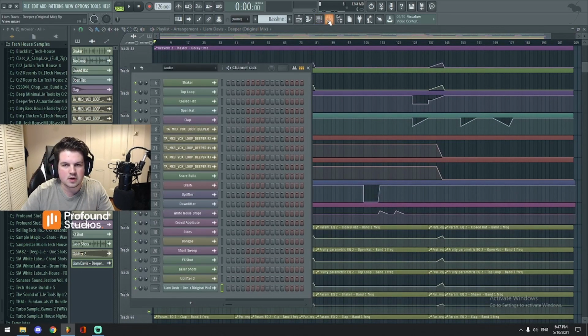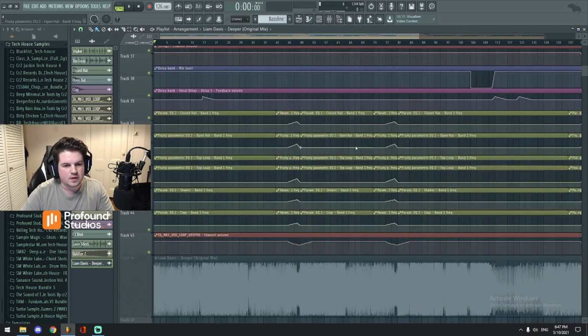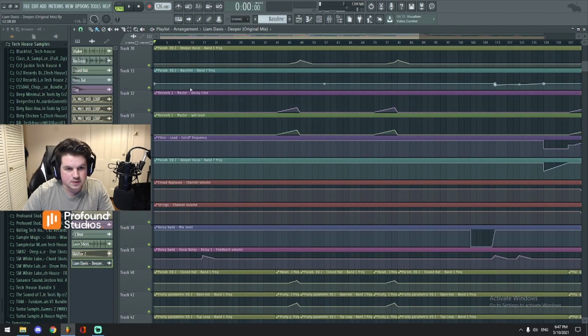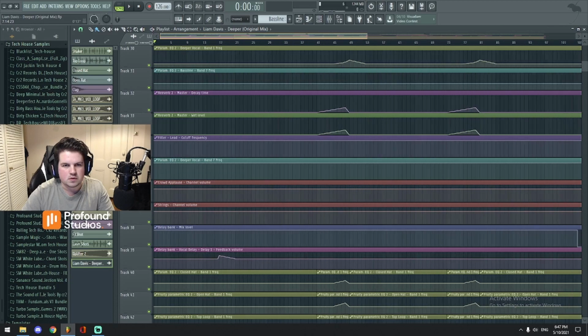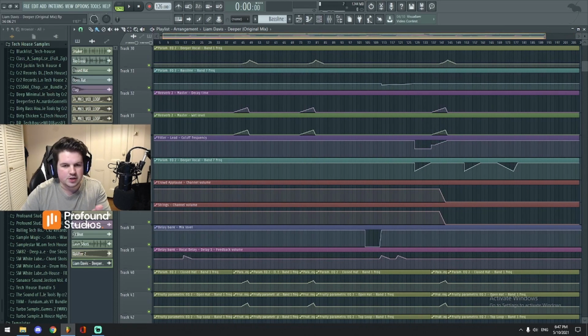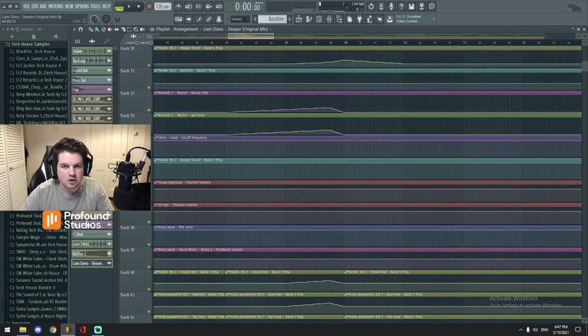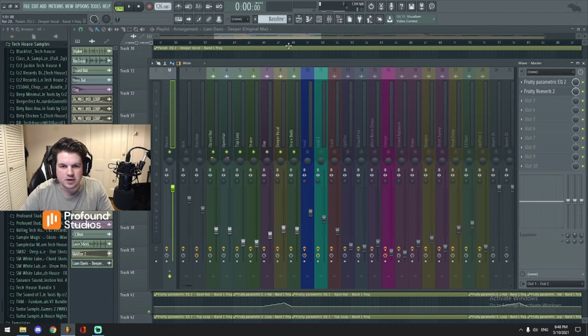Let me just go here. Let me find it for you. I have it on my master channel, and let me find the automations. Here we go. The decay time and wet level, I just have that turned off completely, because you don't want it in your drops, of course. I have it turned on only in the build-ups, and what's very, very important when you do